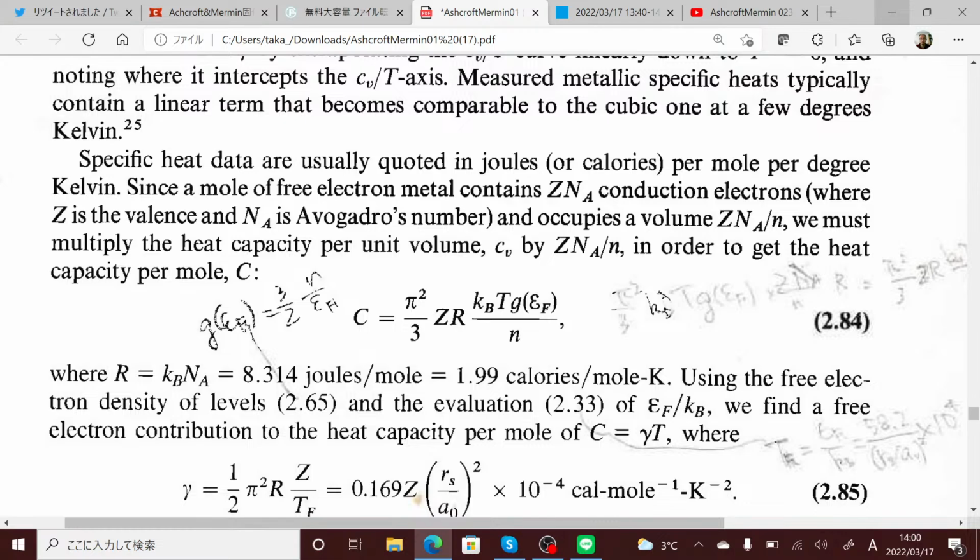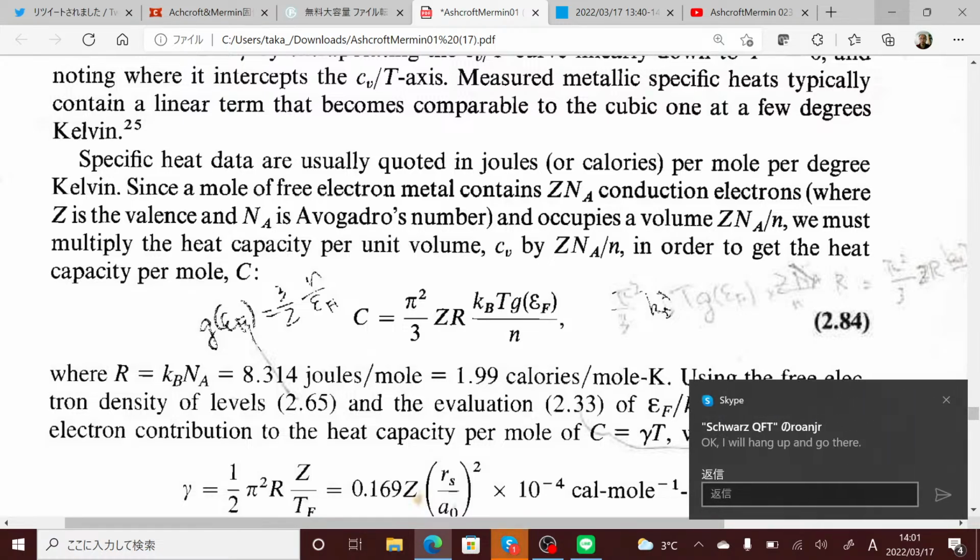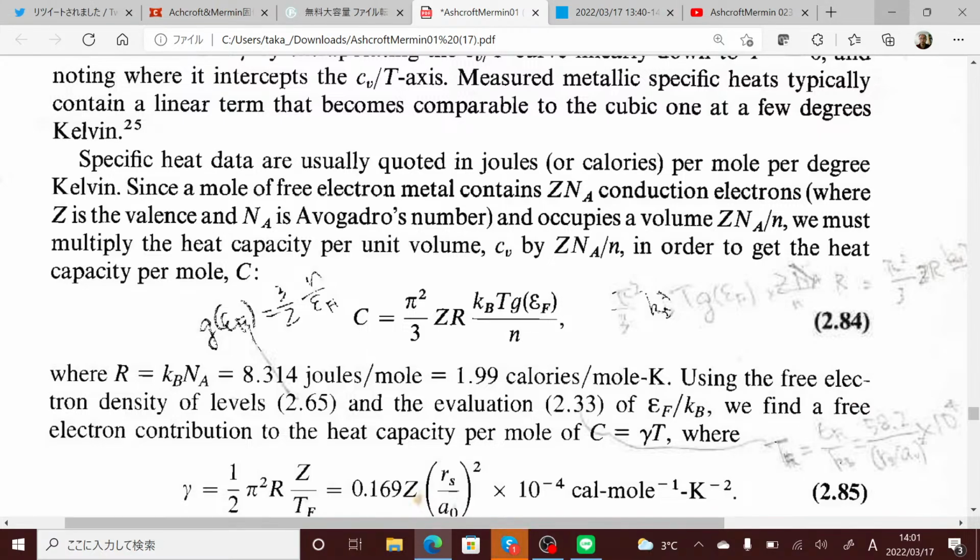Since a mole of free electron metal contains Z times Avogadro's number conduction electrons, where Z is the valence and NA is Avogadro's number, and occupies a volume Z NA divided by n, we must multiply the heat capacity per unit volume Cv by Z NA divided by n